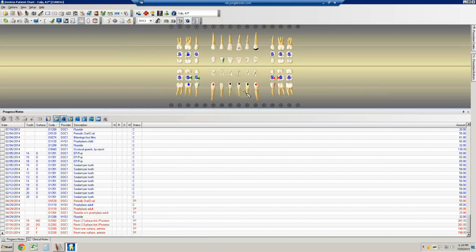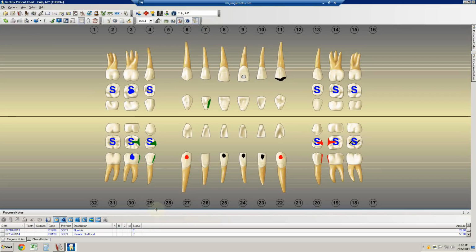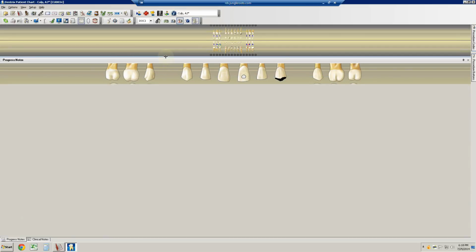The next view is the progress notes, which basically shrinks this tooth chart down to a decent size. You can still read it and see it, but it maximizes this selection down here. You can do that in another couple of ways as well. If you watch the cursor, it'll change to this bar shape. If you press and hold the left mouse key, you can lower that, making that image as big as you'd like, and of course minimizing the progress note section, or you can grab it again and slide it all the way to the top, making the tooth chart incredibly difficult to read, but